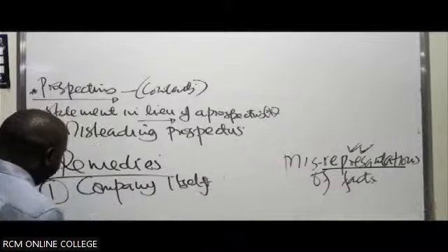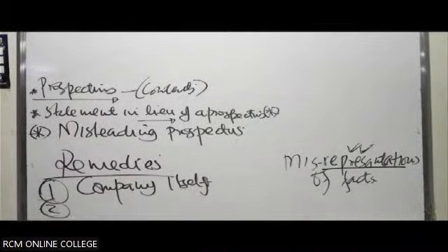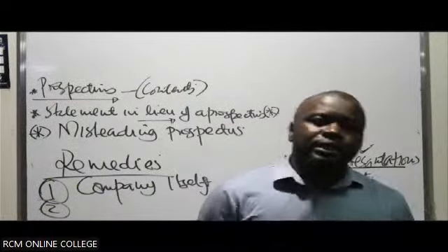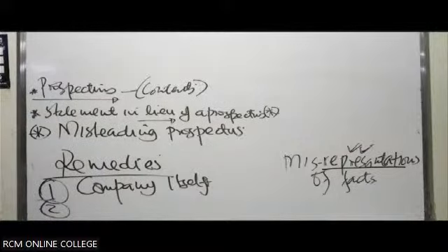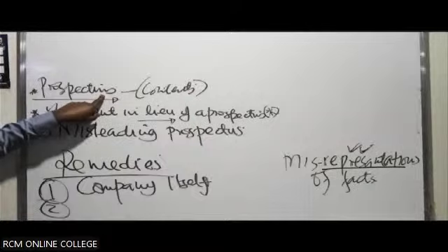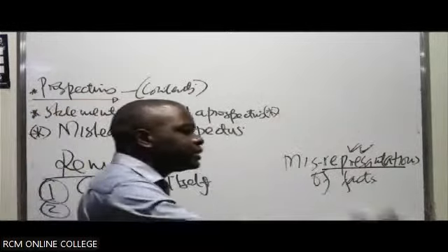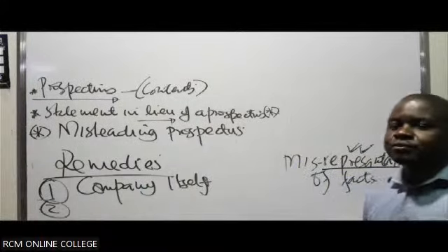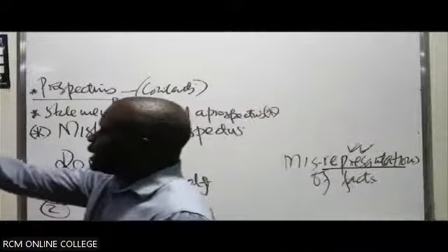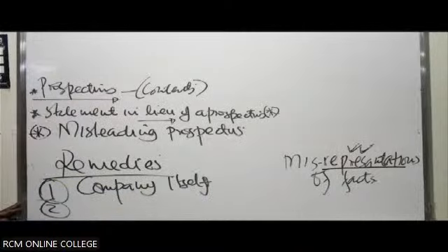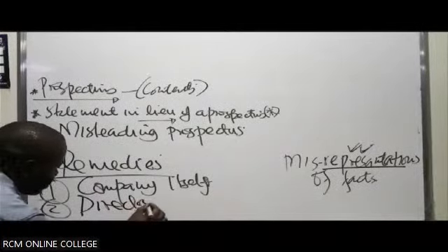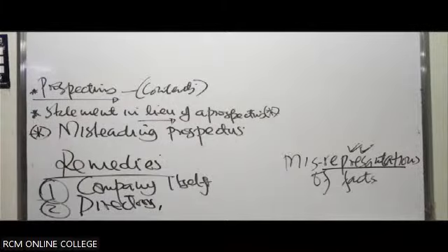And number two, sometimes you can have experts who are involved in preparing the prospectus. We can have auditors as part of the experts. But more so, this prospectus is normally signed by directors. Directors are the ones who are on top of things in terms of preparing the prospectus for the company. They are the ones who sign it off so that it can be put out there. So part of the parties who can be liable for anything contained there, number one, is directors. Mabazu wa company, directors.